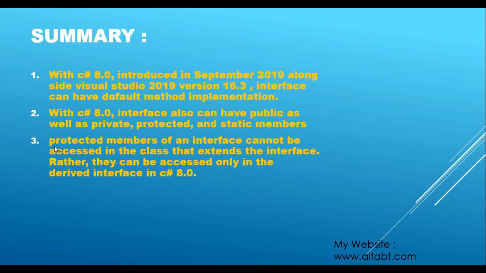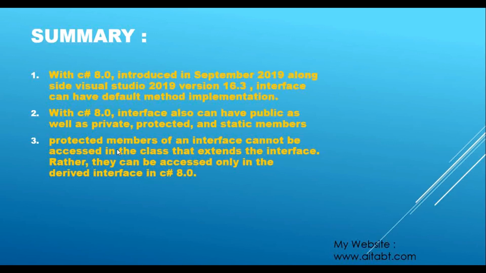And what the third point says: protected member of interface cannot be accessed in the class that extends that interface. Rather, they can be accessed only in the derived interface in C# 8.0. So when you understand those access modifiers better, that is this protected access modifier, then at that time you will understand this better.